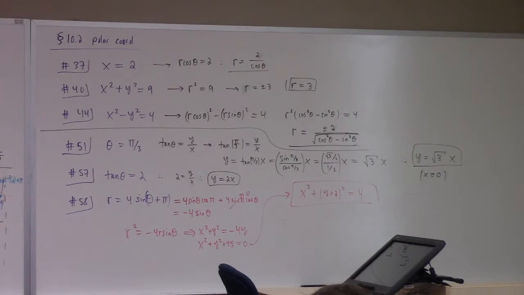I think the easiest way to sketch these is to multiply by r, right? You get r squared equals r sine theta for the top one, which is x squared plus y squared equals y. So you've got x squared plus y minus 1/2 quantity squared equals 1/4. So the sine theta is actually the circle